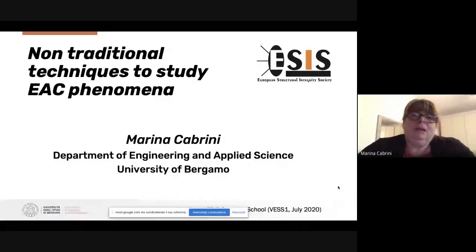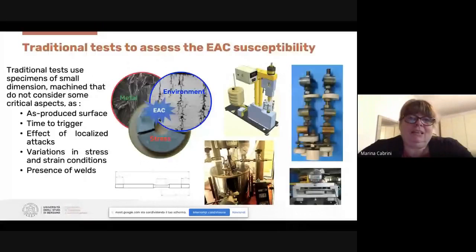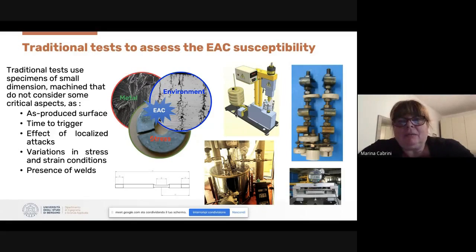Now, we can say there is the traditional environmental assisted cracking graph, in which it is presented that environmental assisted cracking is due to the synergic effect of an environment on the susceptible metal and applied stress. Generally, hydrogen embrittlement or environmental assisted cracking are studied by means of